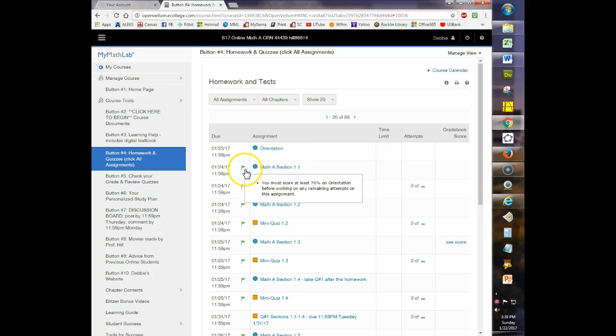Then if there's a green flag on the assignment and you hover over it, it will tell you that there's a prerequisite for this assignment. So it says you can't start on section 1.1 until you've finished at least 70% of the orientation assignment. So you can't go in any order you like. You kind of have to go in the order I'm specifying because you can't get to section 1.2 until you